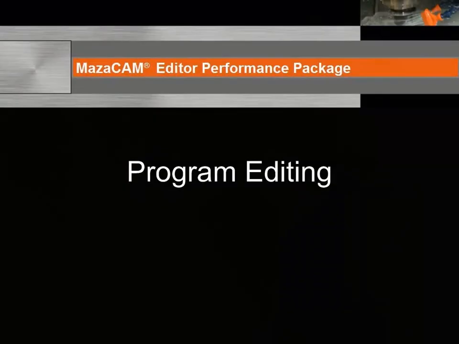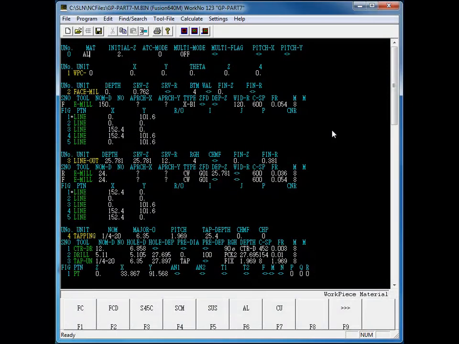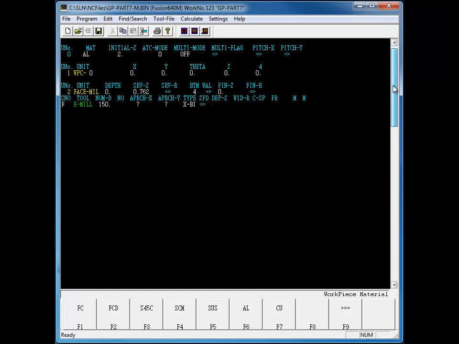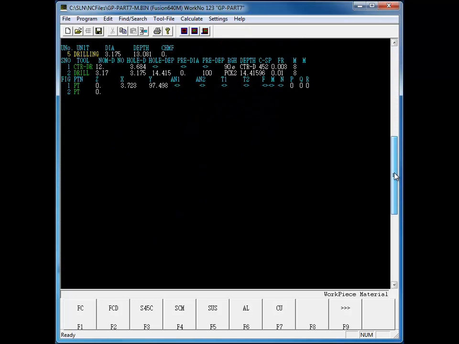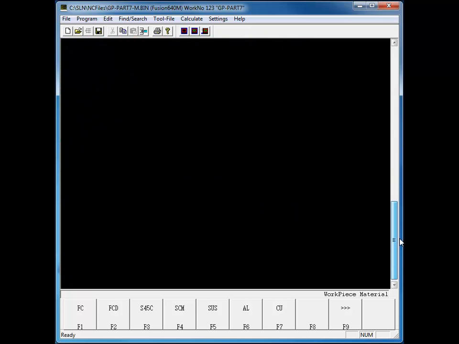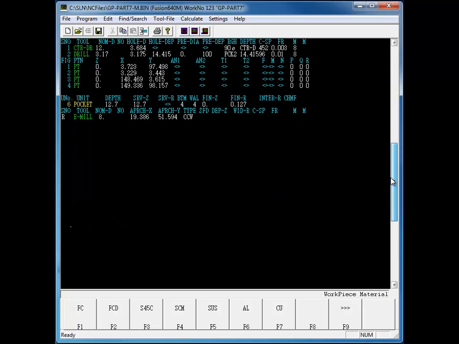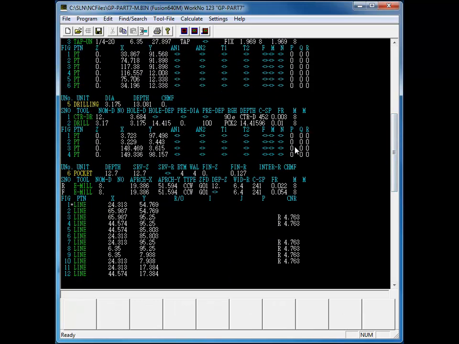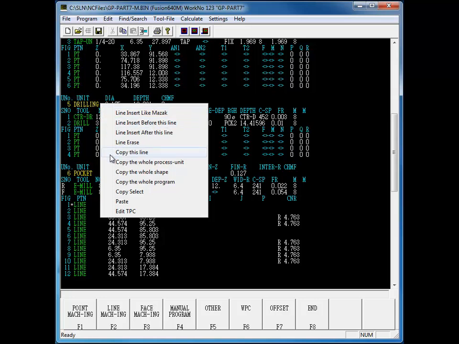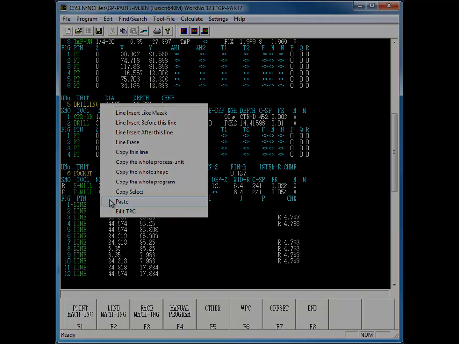Now let's take a look at editing an existing MesaTroll program. The MesaCam Editor appears similar to that on the Mazak control. However, it takes full advantage of Windows and mouse features such as scroll bars to help you navigate swiftly through your program, instead of the up and down buttons used on the Mazak. It also has pop-up menus and Windows-style copy and paste capabilities to make editing a program even easier.